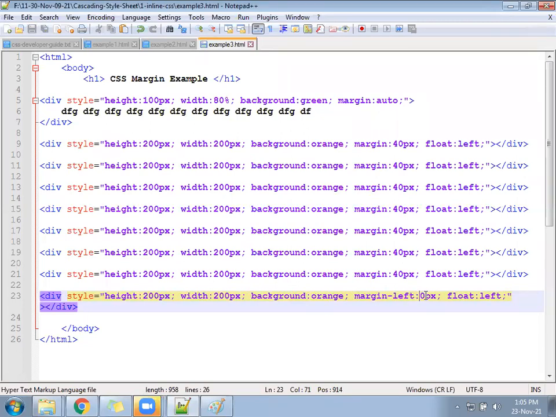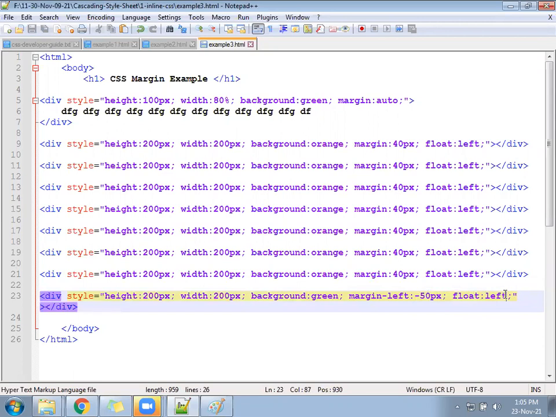Now, if you want it like this, margin minus 50, and it should convert into green color. How many pixels will overlap on the left hand side? Total 50.